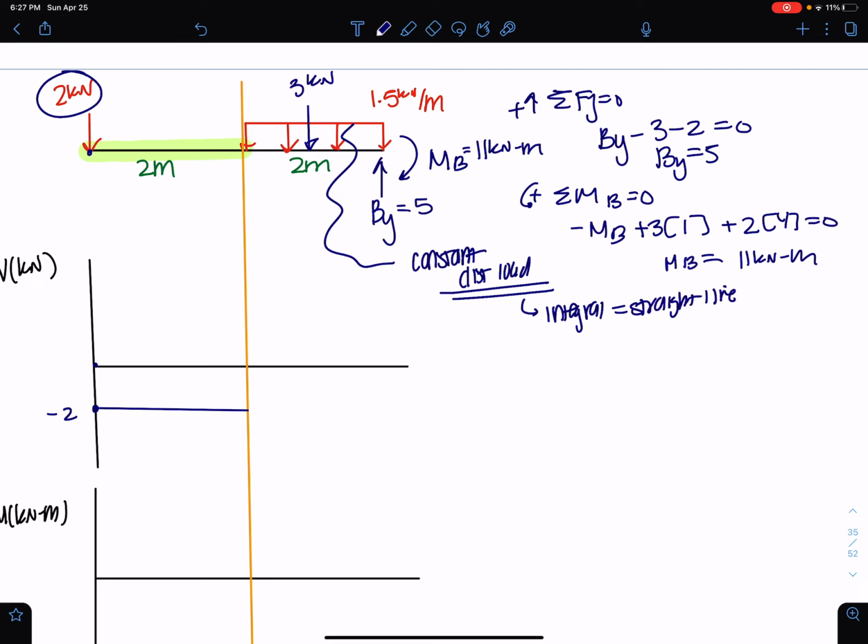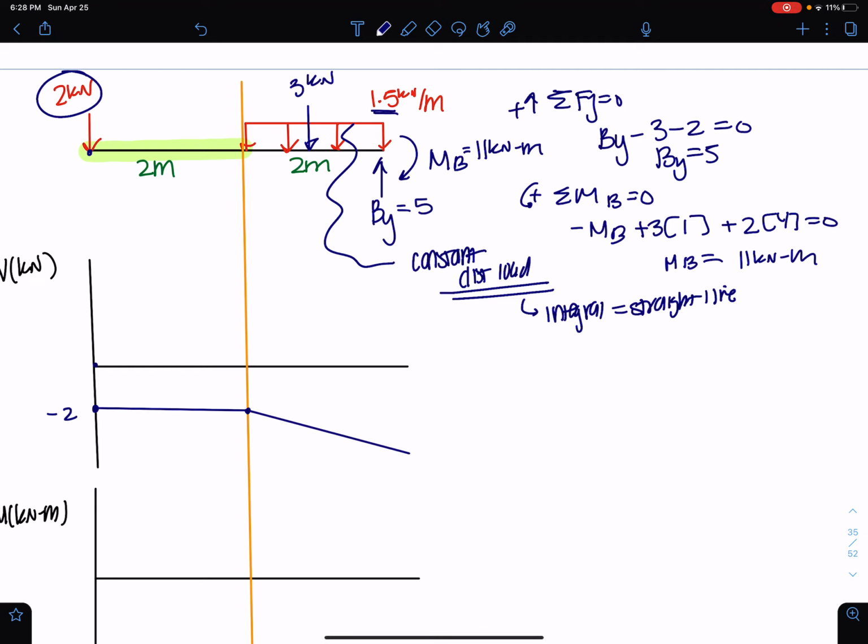A straight line with a constant slope. So this line that I'm about to draw should have a constant slope of 1.5. Okay, or negative 1.5, right? Because it's going down. So I'm going to draw the line from here